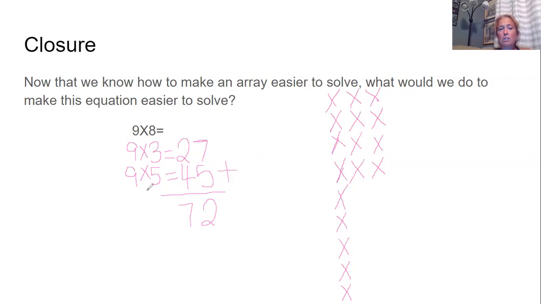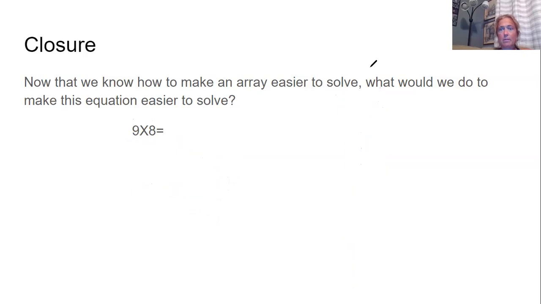Okay. You could also break this number down. And you could break that number down into 4 and 5. Okay. So let me clear my board. You could also break this number down. Just make sure you're not breaking both of them down. All right, so you could do 4